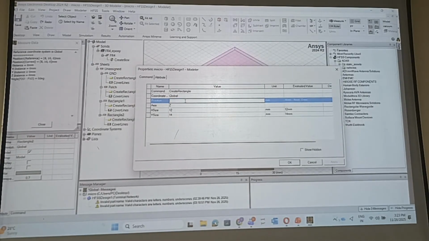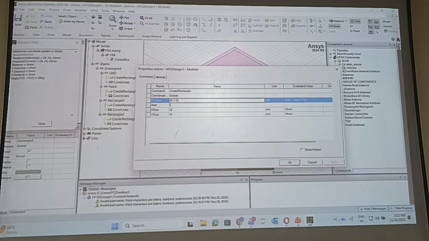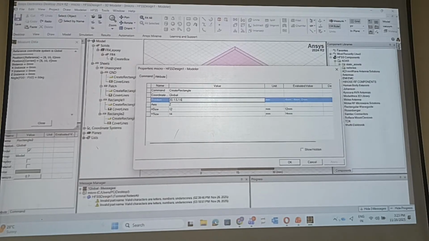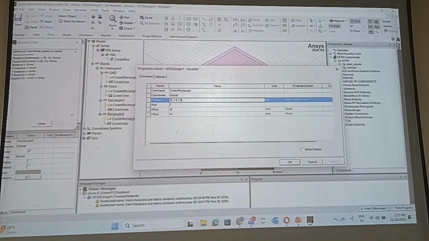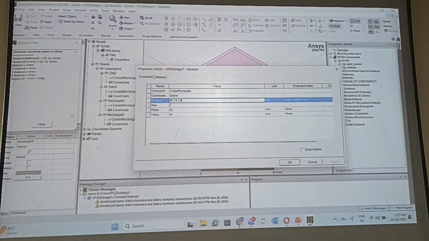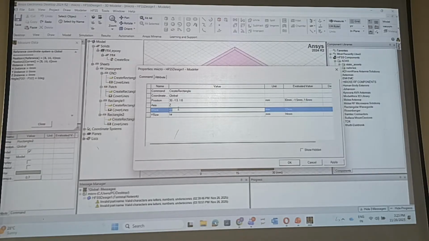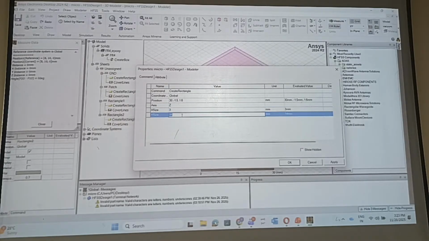Type 30, comma minus 1.5, comma 1.6. Don't get confused by the minus and plus signs. Positions are plus 30 mm, comma minus 1.5 mm, comma plus 1.6 mm. We are along the z-axis. X size is 3 and y size is